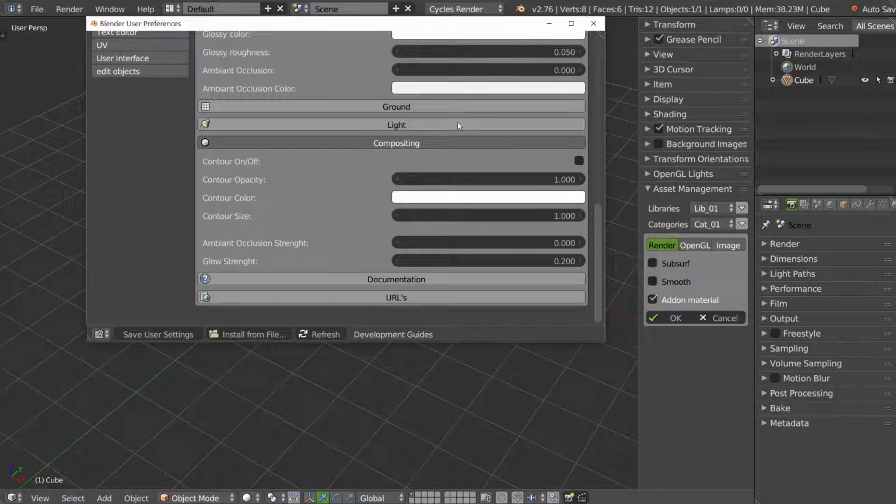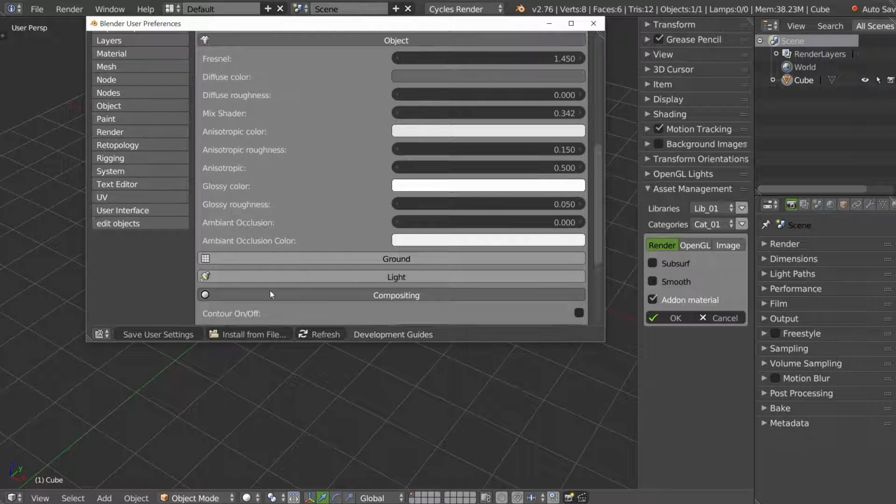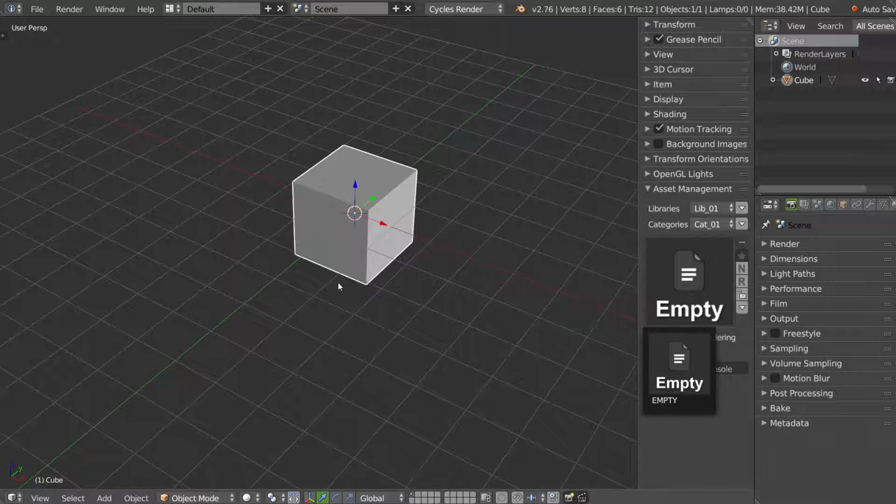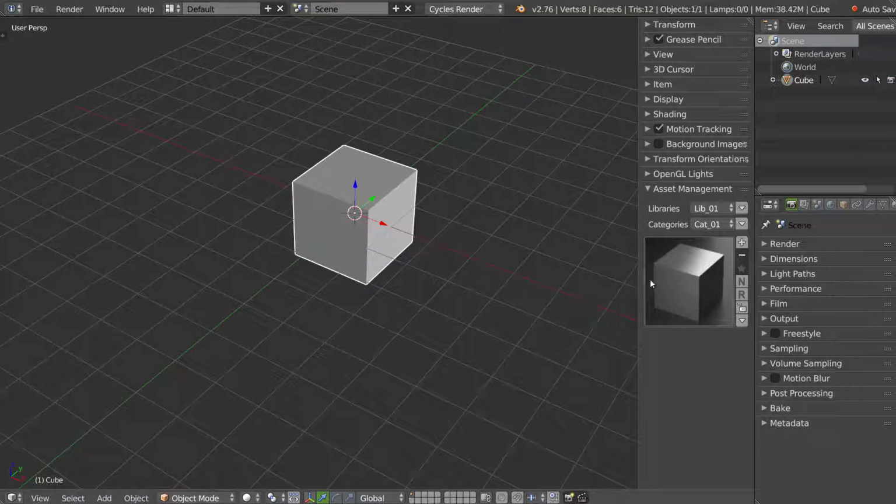Okay, so I will leave this right here, like that right now. I will click on the OK to make my first render thumbnail and to add this cube in the library. As you can see, you have a little text thumbnail rendering. Please wait. And if it's too long, you can click on Show Console or Hide Console. And as you can see, now you have your first asset in your library with your first render.